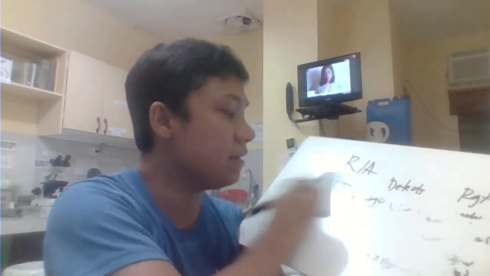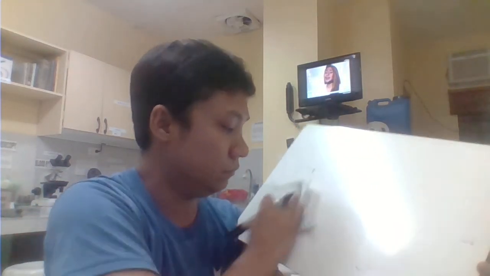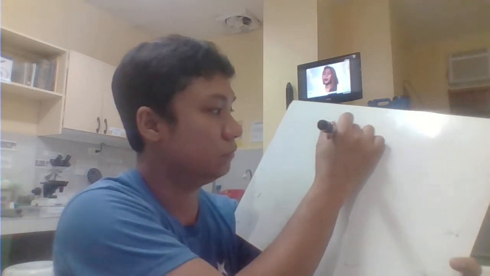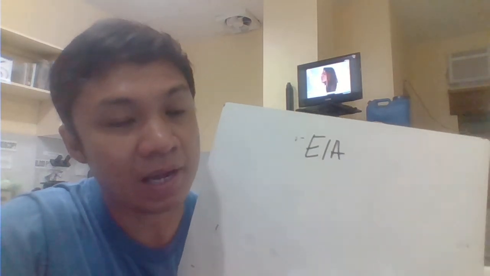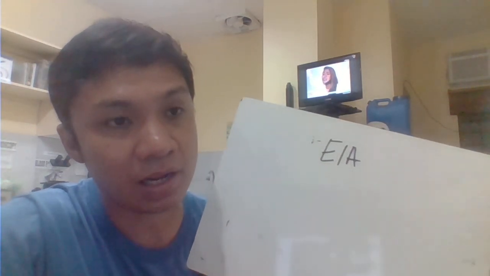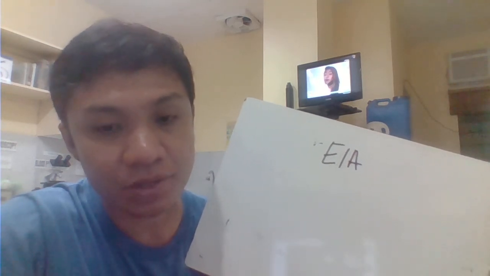Okay, the next one, we have here the enzyme immunoassay. Okay, the enzyme immunoassay, on the other hand, makes use of the enzyme as your labels. Most likely, gumagamit na enzyme na labels, we have your horseradish peroxidase. We have also here your alkaline